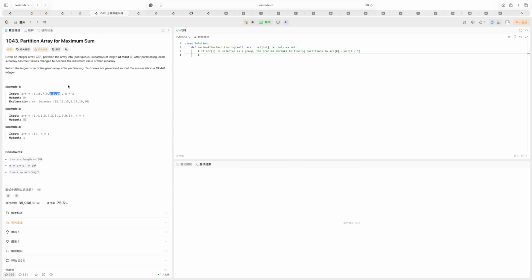Oh, it will be like three parameters. Like if array I is selected as a group, if the group length is smaller than k,